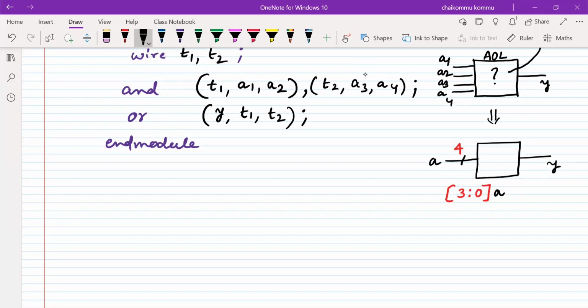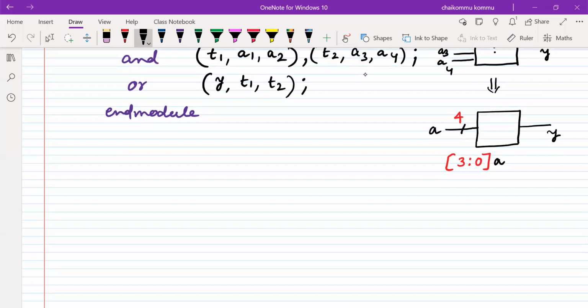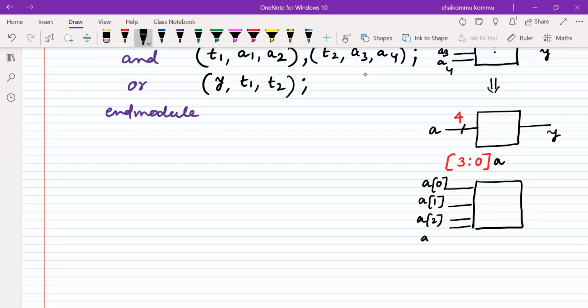What do you mean by this one? The meaning is something like this. We have a module, and A of 0 is one input. A of 1 is another input. A of 2 is another input. A of 3 is another input. So that is the exact meaning of this.